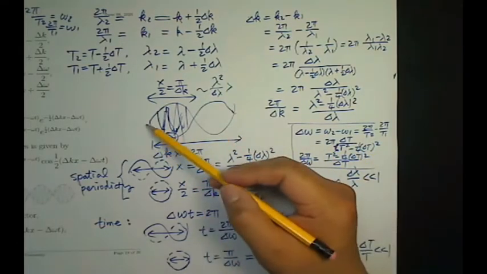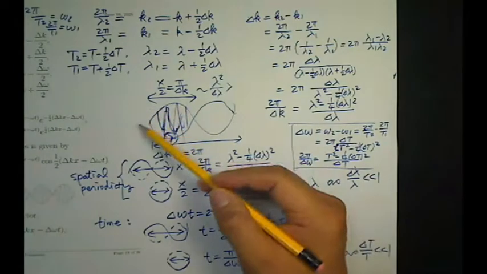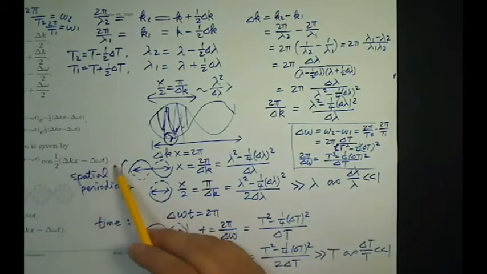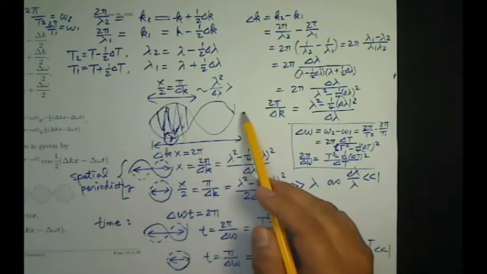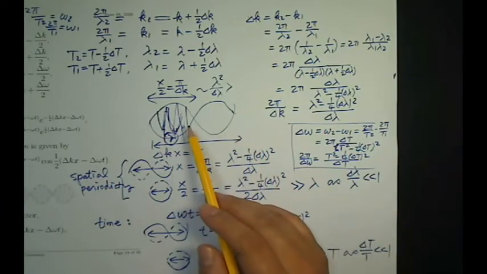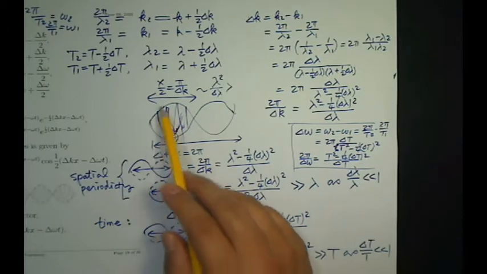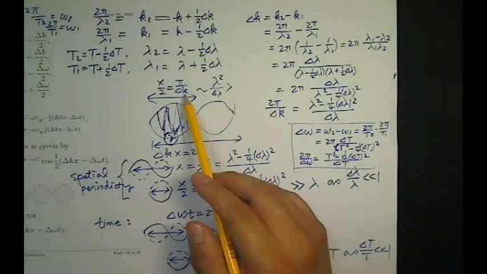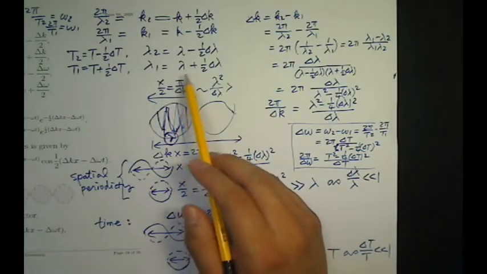And this is the period of the wave packet related to the group velocity. The shape's period is half of the original period, so that has the difference in the